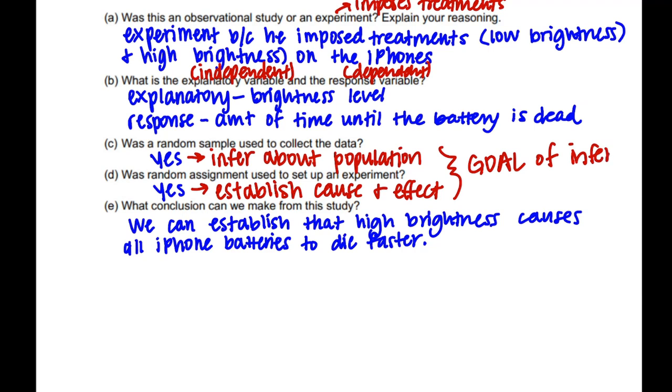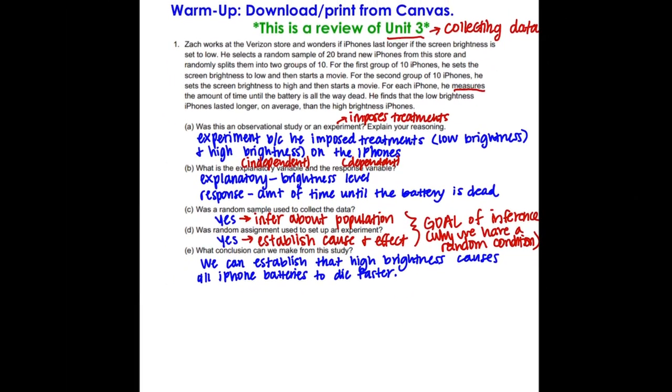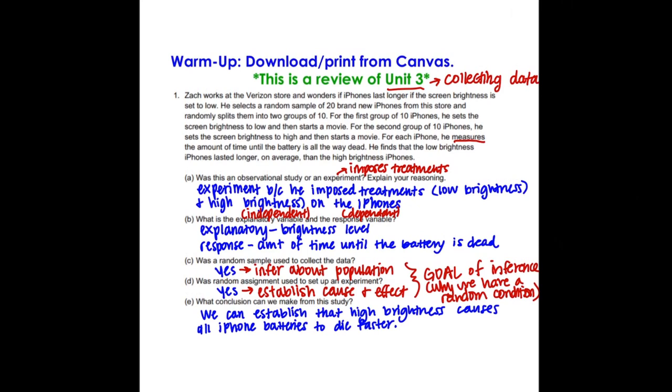And it's why we have a random condition. So not all problems we do meet both criteria of a random sample and a random assignment, but we're looking for at least one so that what our study is useful to either the population or cause and effect, and then hopefully we can study more and do both eventually. All right, so hopefully that was a nice review of Unit 3, and now we will move on to the